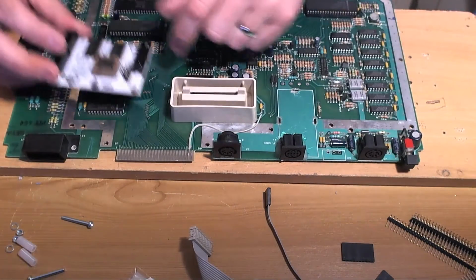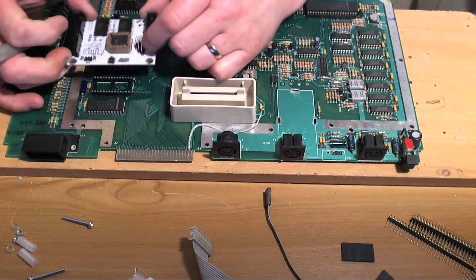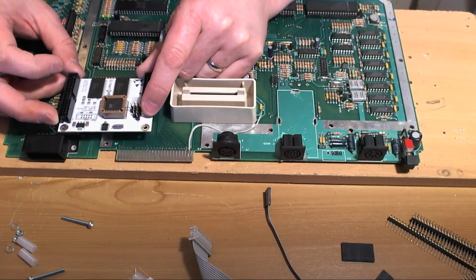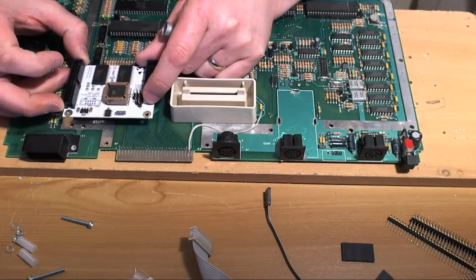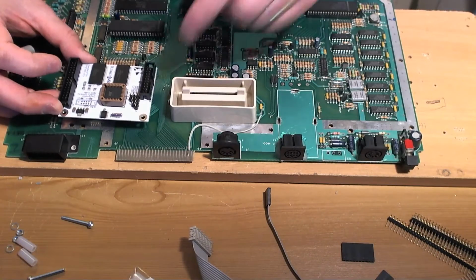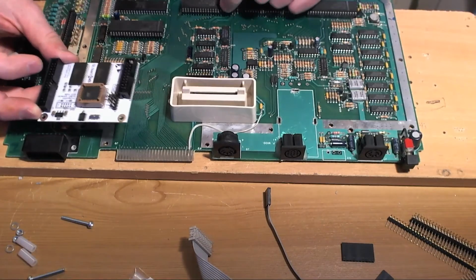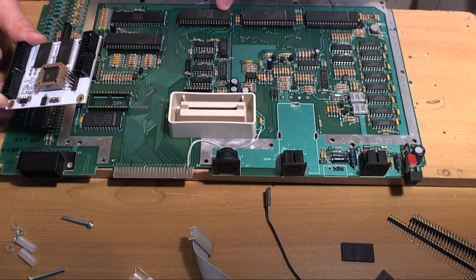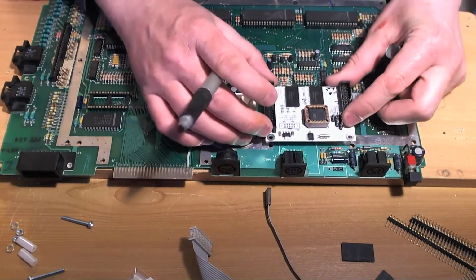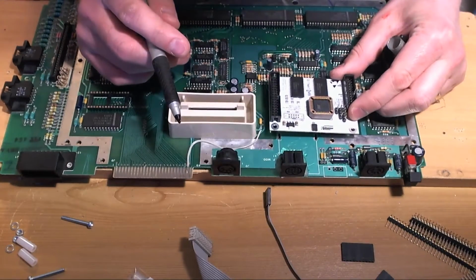Okay, so normally in a machine like this I'd be mounting this board around about where? Around about, where do I put these things? Around about here. But we can't put it there because that's where the Rapidus is going to go. In fact, that's where the CPU is going to go. Believe it or not, the CPU, which is currently here, is going to end up here. So we're going to put this Ultimate 1 megabyte board over the other side of the motherboard, and we're going to drill 2 holes the correct distance apart,